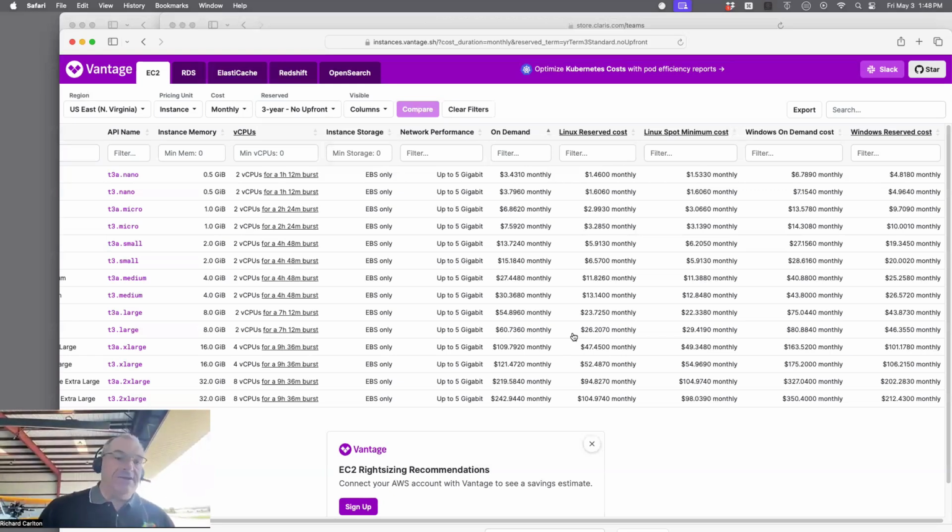That being said, I believe Claris is using T3s or T whatever's, these burst CPUs here. But they typically buy on the small side. I'm always a little concerned that you're getting a little under provisioned on the server. But they take it, they mark it up, and then they sell it to you.